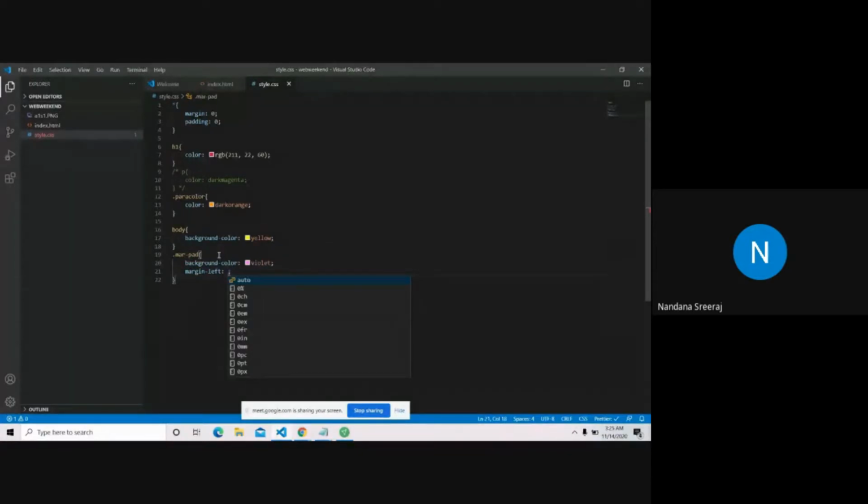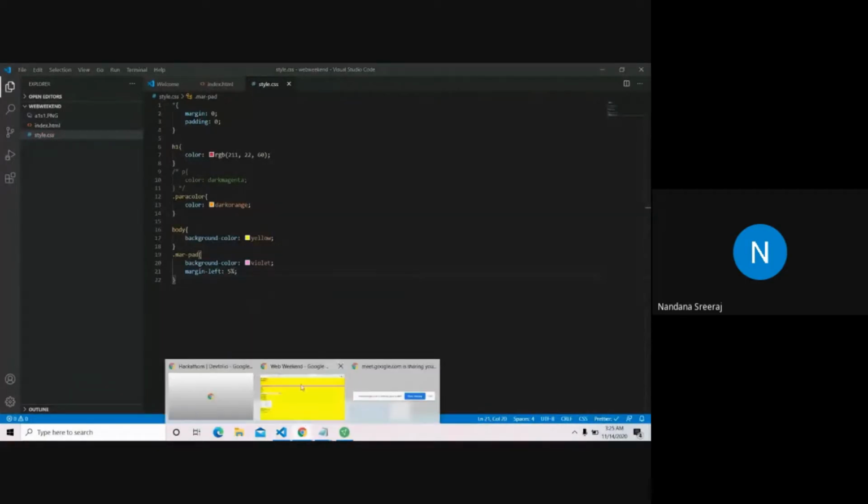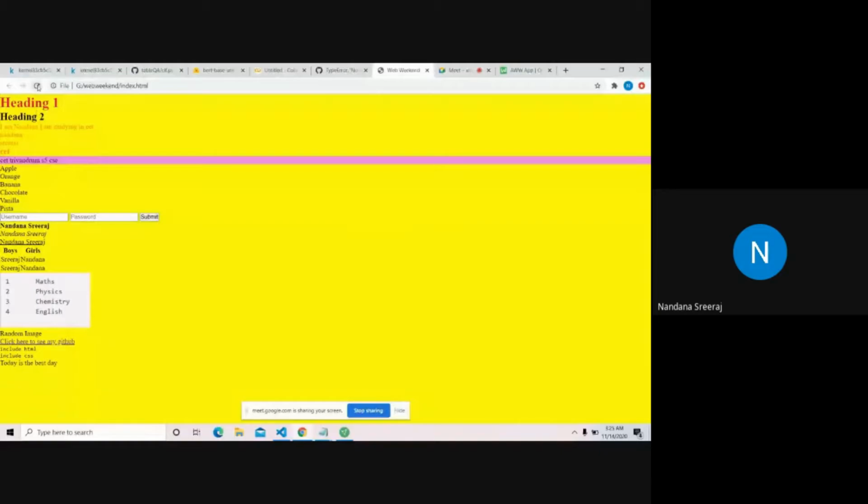It's better to give it in percentages. So my margin left is going to be 5%. Let's see what happened. So this is the 5%. This whole width is 100%, and this is going to be margin left 5%.